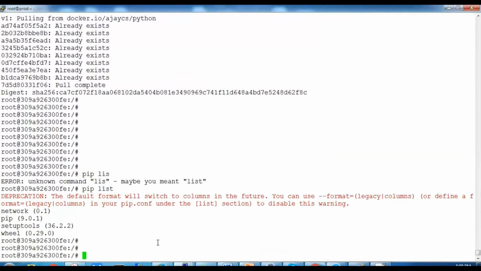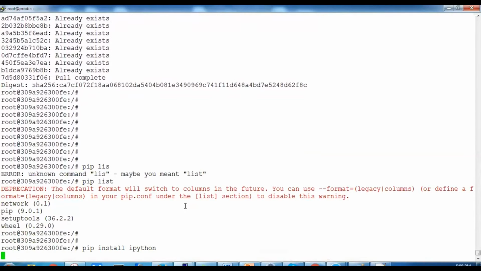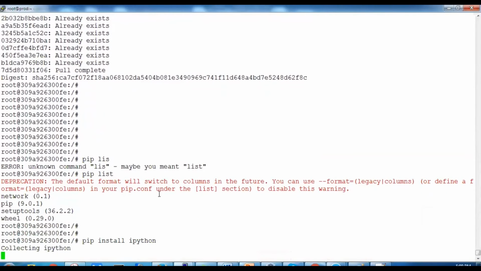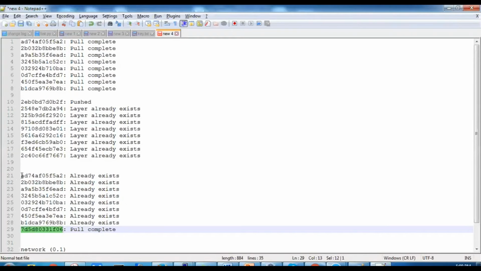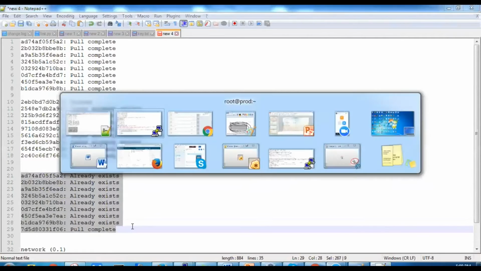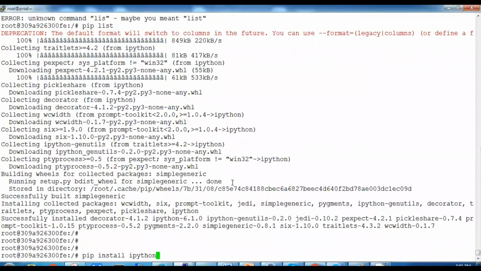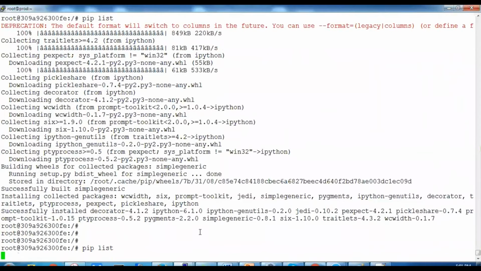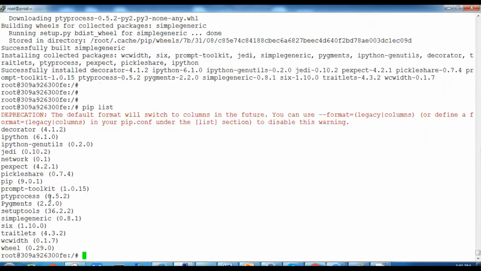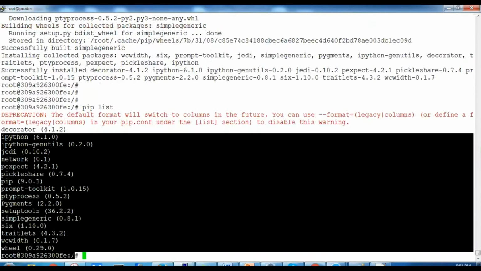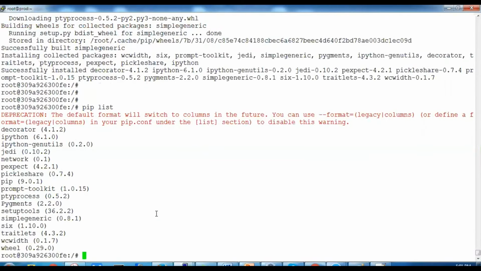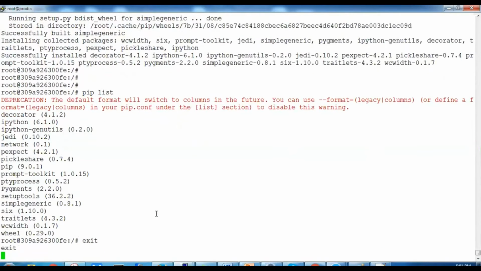Now one more change we'll do. We'll do pip install IPython. So we have asked to install IPython on the next container, and the next container is using this layer. After completing this, we are going to commit it and add one more layer, that is the 10th layer. Successfully we have installed. Now let's check it. Pip list. While doing the list, it should show us the installed packages. So we now have a number of installed modules of Python.